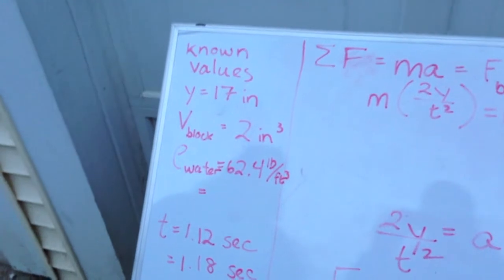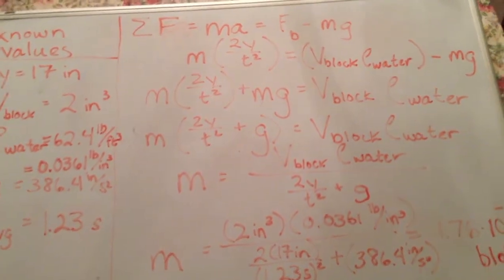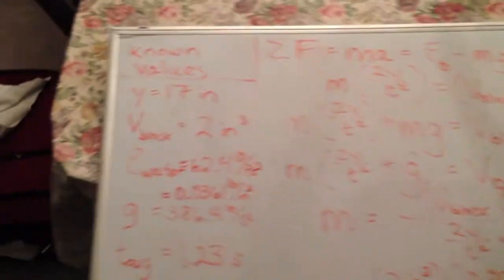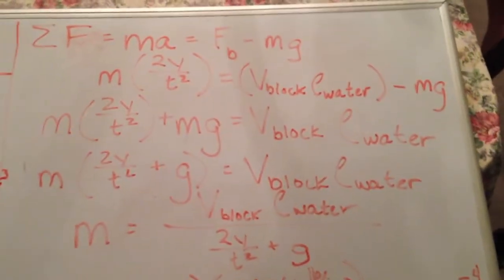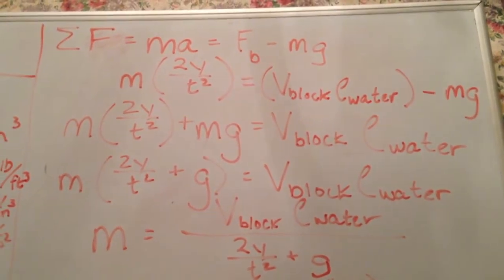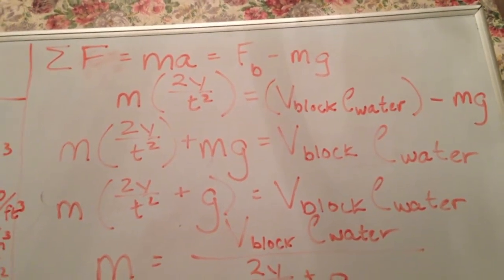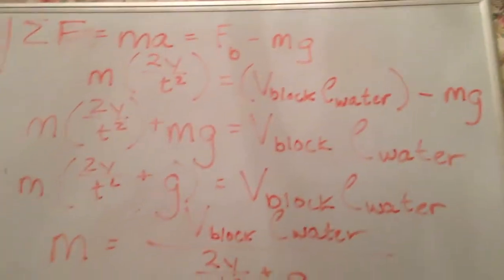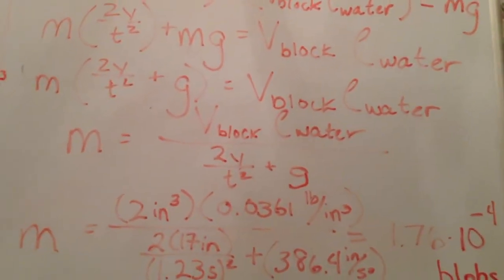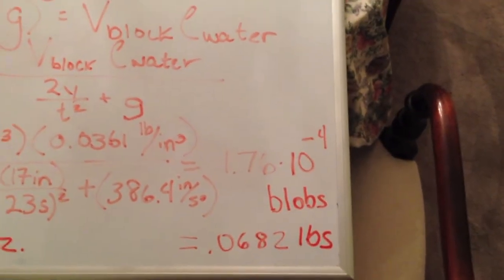We have our known values written down, and we're ready to solve our equations. Okay, so here we have all our final calculations. These are our known values converted into the imperial units. And this might look crazy, but this is actually in reality just our initial equation. The sum of the forces equals ma, which equals the buoyancy force minus the weight, or mass times gravity. We input our terms for acceleration and the buoyancy force. And over the next couple lines we isolate mass, input the numbers, plug it into our calculator, and it gives